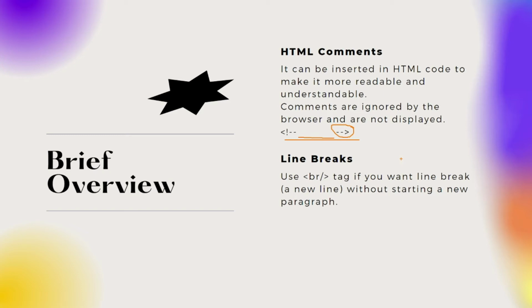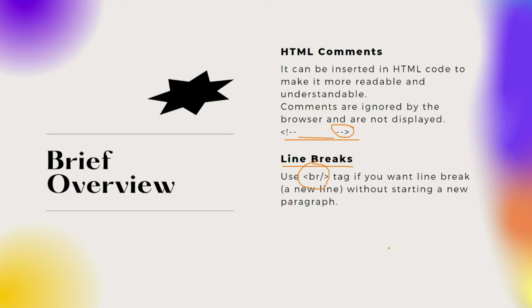And the last basic HTML tag is related to line breaks. Means we can also say that if we want to add a new line, or if we want to break that particular line, more precisely within the paragraph, because we want to specify some statements within the new line, for that purpose we need to break that particular line. And for that purpose, we can use this line break tag, and that is the BR tag. Again, I repeat, that is the BR tag.